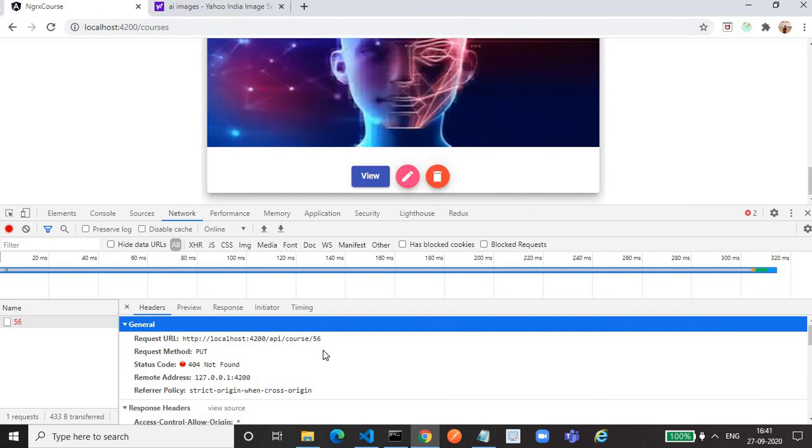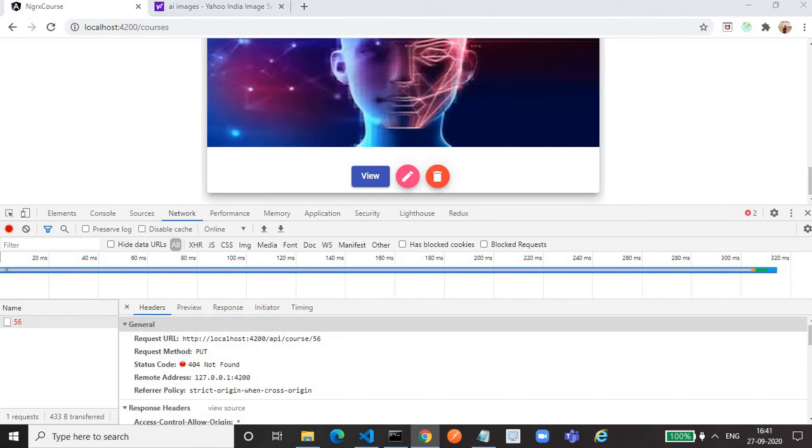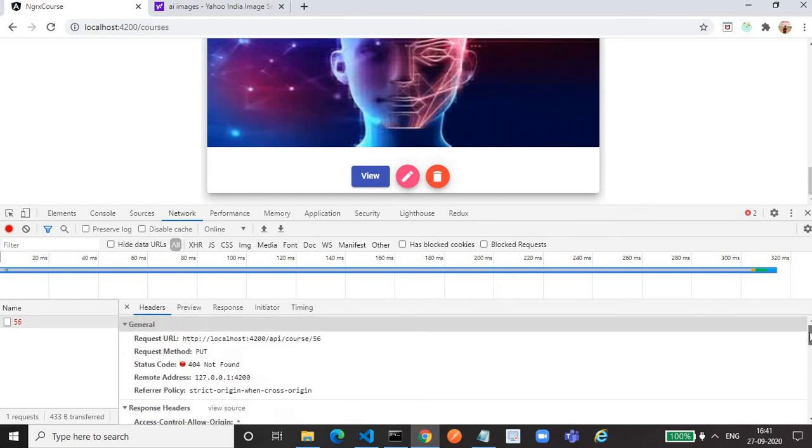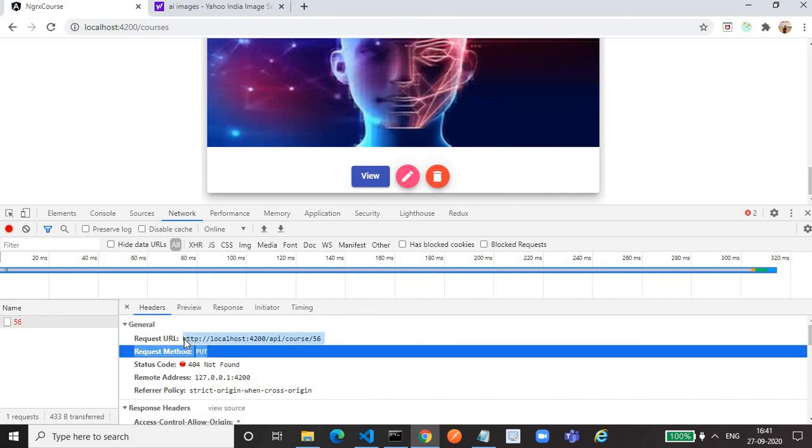In the edit method, the URL NGRX data is expecting is course/ID of that course, and the payload is the edited course that we have provided in the update method. And if you see, it's a PUT request. So this API is being triggered automatically as we have used the update method of the entity service.